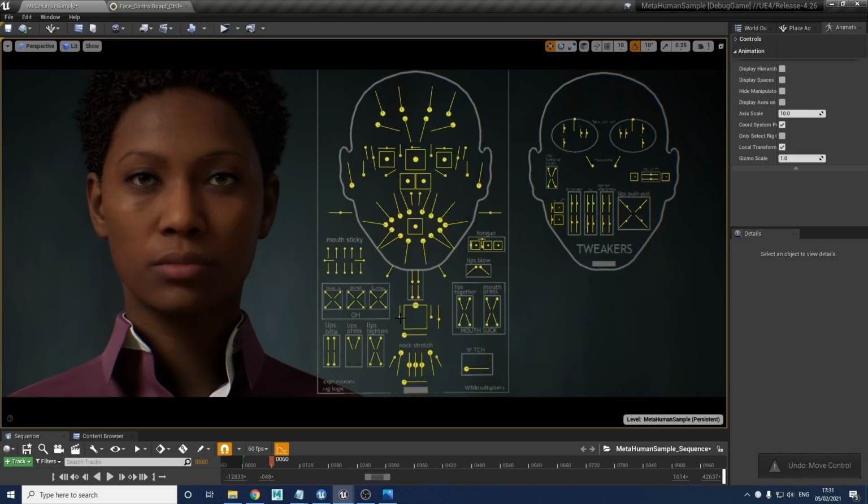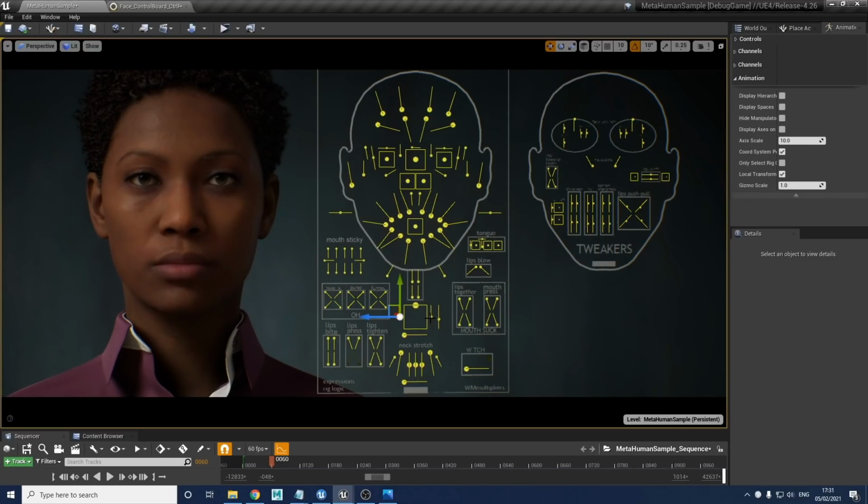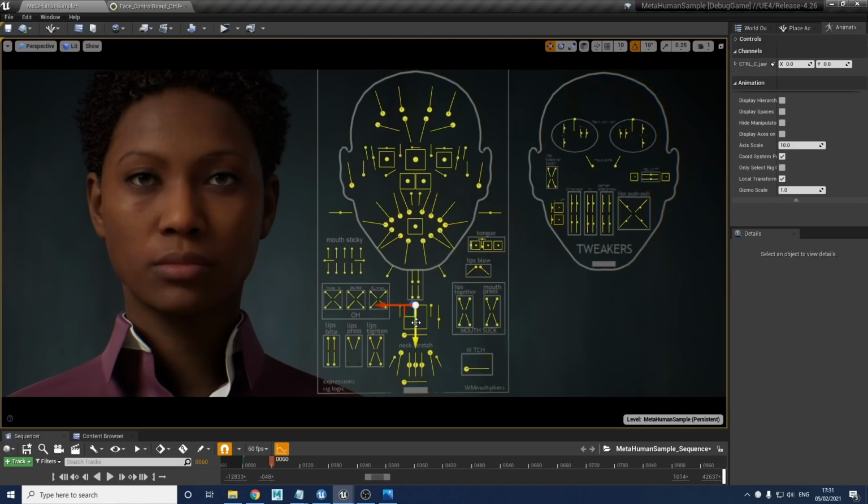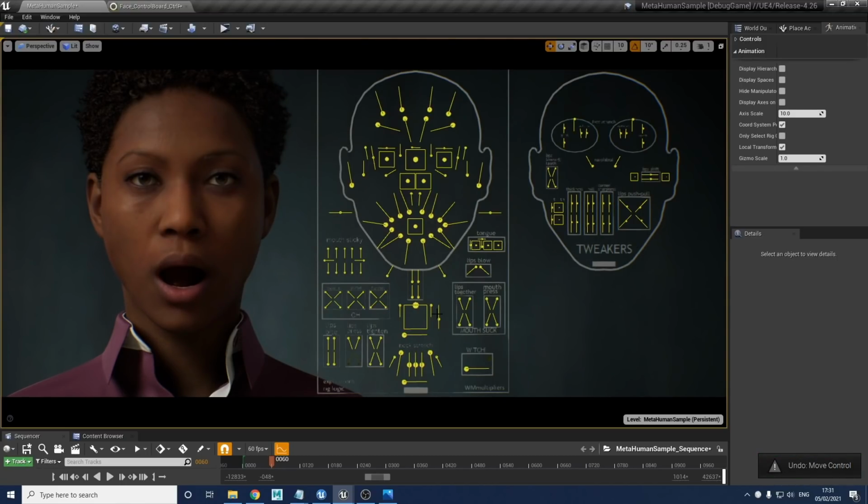And the ones to the left and right, this is a jaw clench control. So you see at the side of the jaw there, it's clenching the teeth together and creating this tense look in the side of the face. This control should really only be used when the jaw is shut, because it's an impact of the teeth clenching together to create this muscle tension around here. You wouldn't use this control when the jaw's open. It's just not how a face works. So I would reserve that for when the teeth are clenching together.